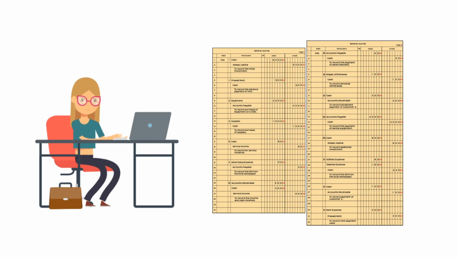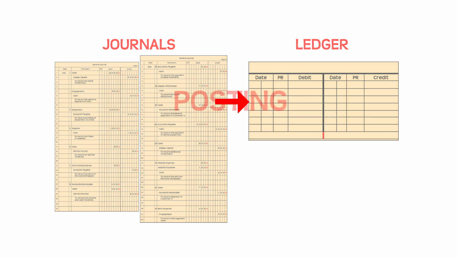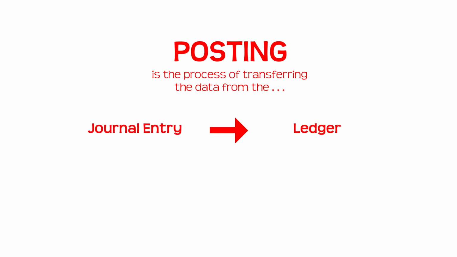After analyzing and journalizing business transactions of Abigail, what to do next? Posting from the journals to the general ledger. Posting means the process of transferring the data from a journal entry to a particular ledger account. After the journal entry is made, the data within the entry will then be transferred to another book of accounts